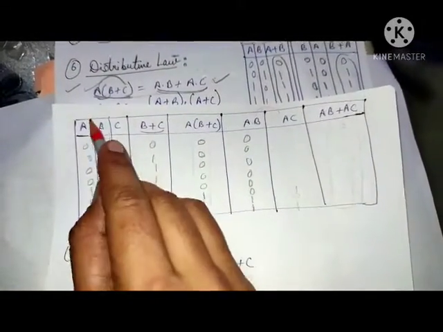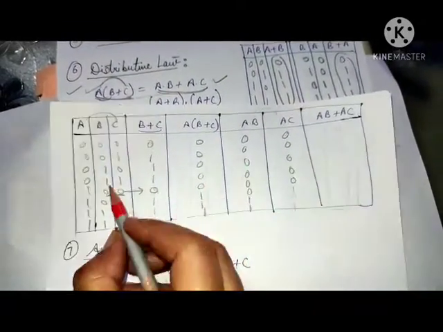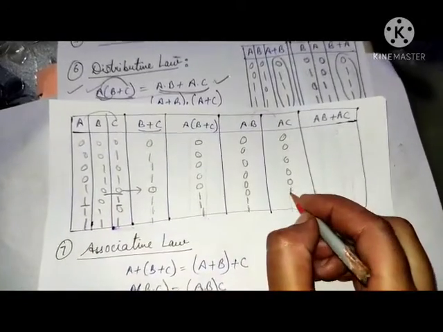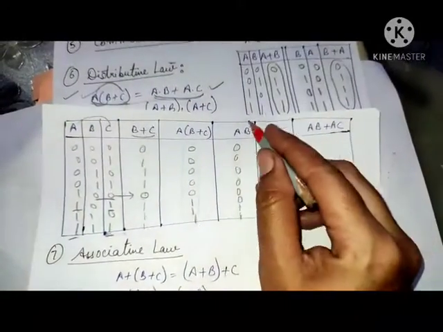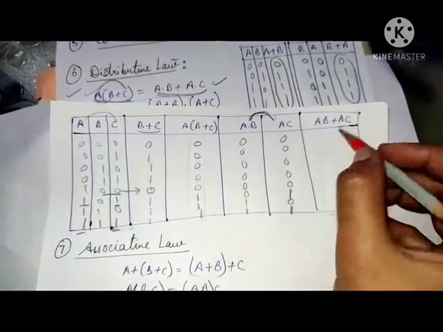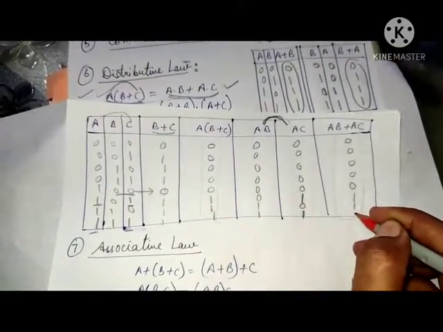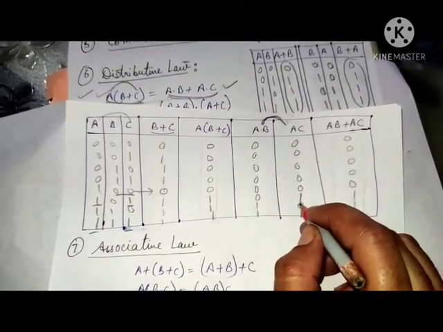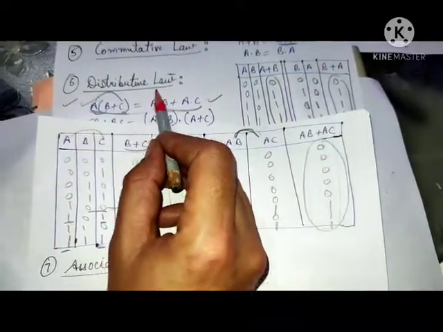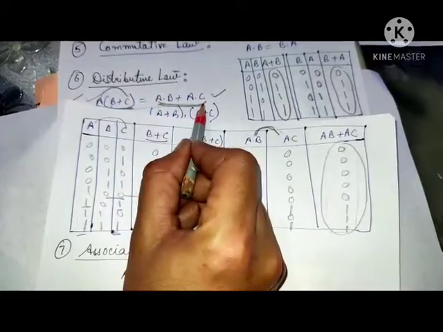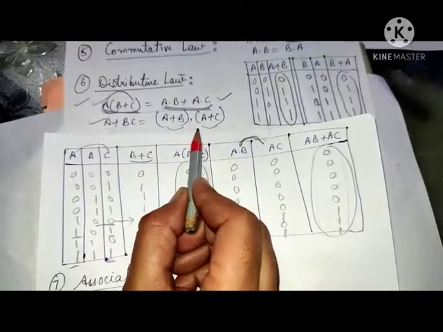Now we have to take the product of a and c. So here I am writing the values. Here both are 1, so the result is 1. And last both are 1, the result is 1. Now we have to take the addition of both products. So all values are 0. There is 1, there is 1, and there is 1 according to these values. Yes. So this value is the same as this value. So we can say that the distributive law states that this expression is the same as this expression. Similarly, we can construct the truth table for this law also.